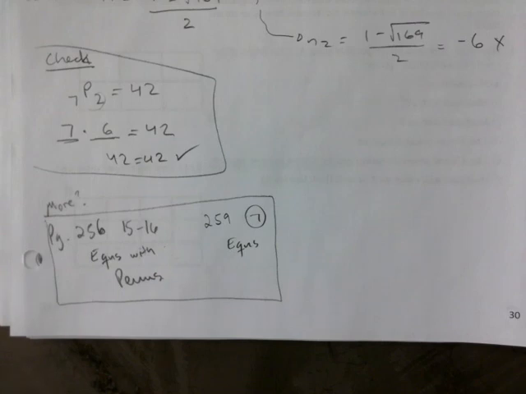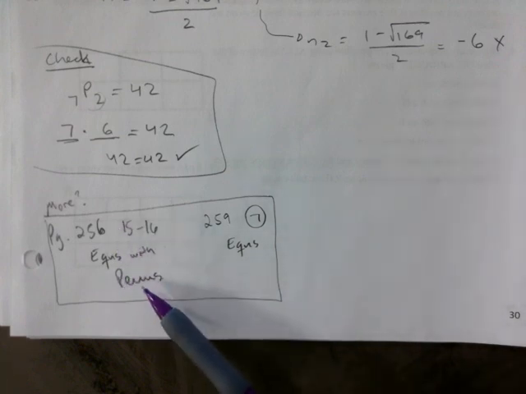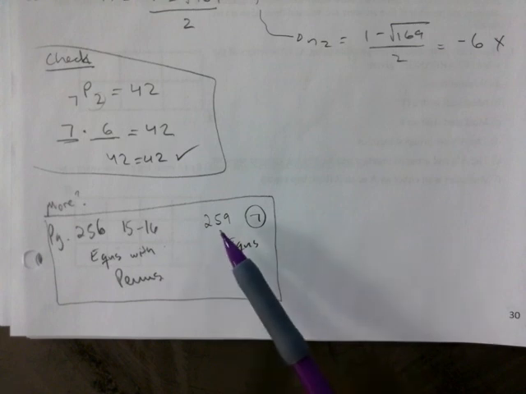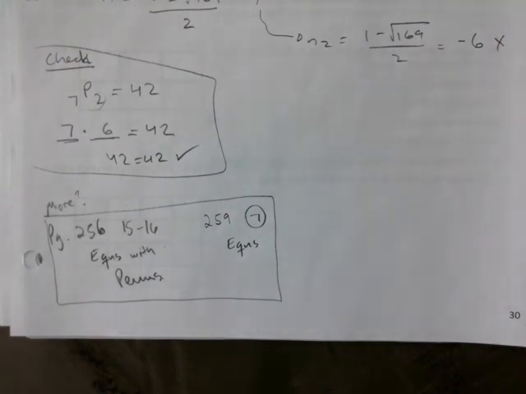That's what I would expect you to know how to do. So page 256, 15 to 16, equations with perms, right? It's kind of like what you just saw here. And if you just want the good old equations without perms, 259, question 7 has a few there. So if you want to practice,